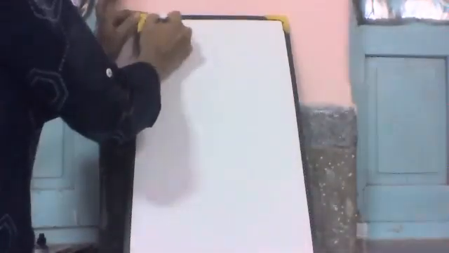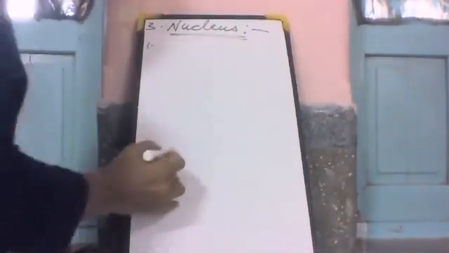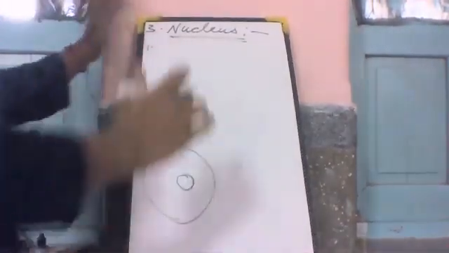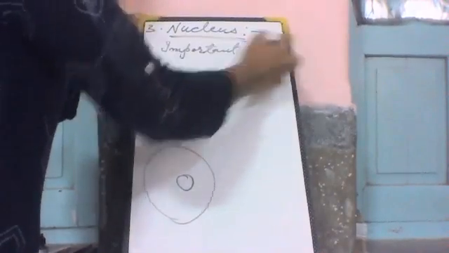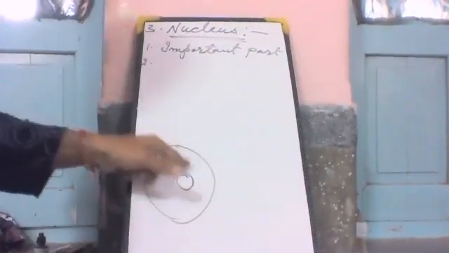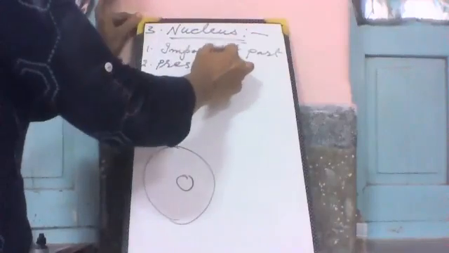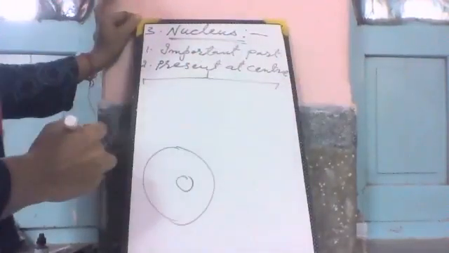The third part of cell is nucleus. Nucleus is present at the center of the cell in animal cell. It is an important part of a living thing. It is an important part of the cell. It is generally located at the center of the cell. The nucleus has 4 parts. What are they? Nuclear membrane,